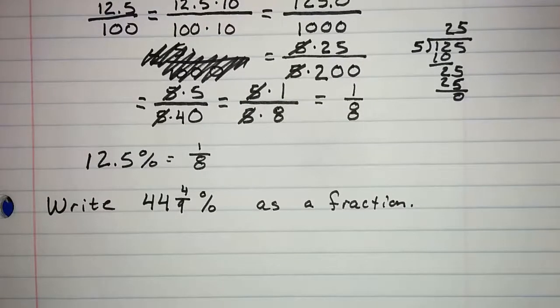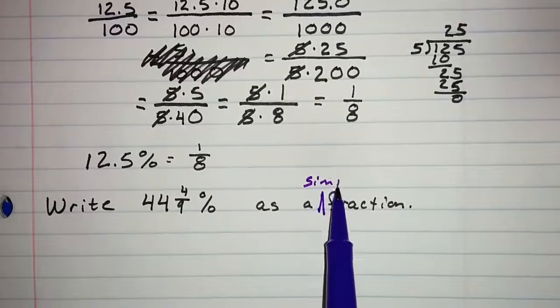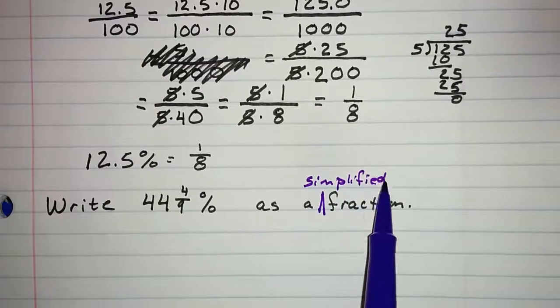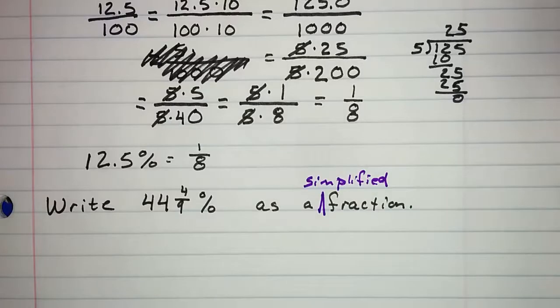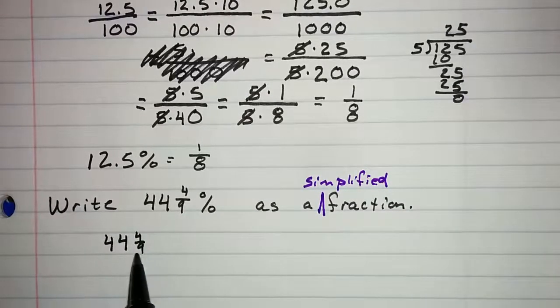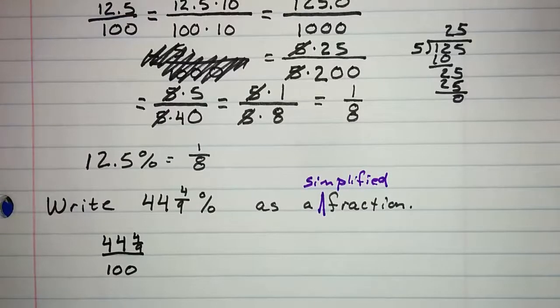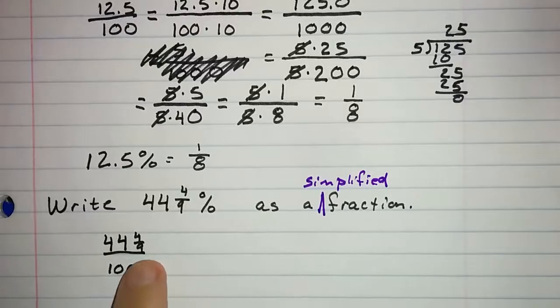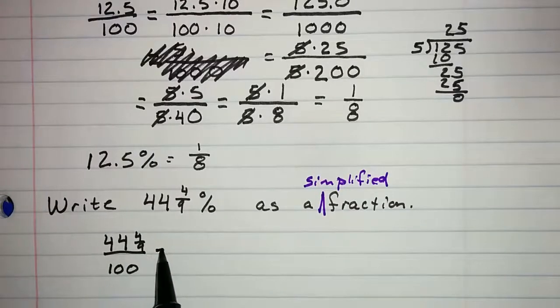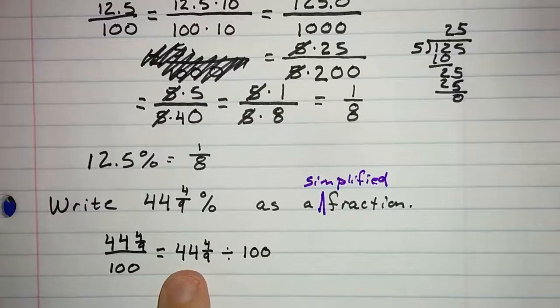Well, and again, I didn't say it, but I meant a simplified fraction, didn't I? Well, again, just what it says on the box to begin with. 44 and 4/9 out of 100. Again, a complex fraction, but not as easy to deal with as a decimal. In this case, I think my approach is going to be to understand this as division. I'd like to write this number